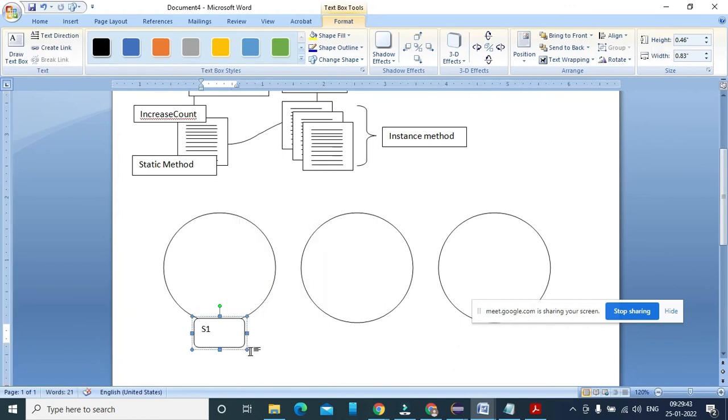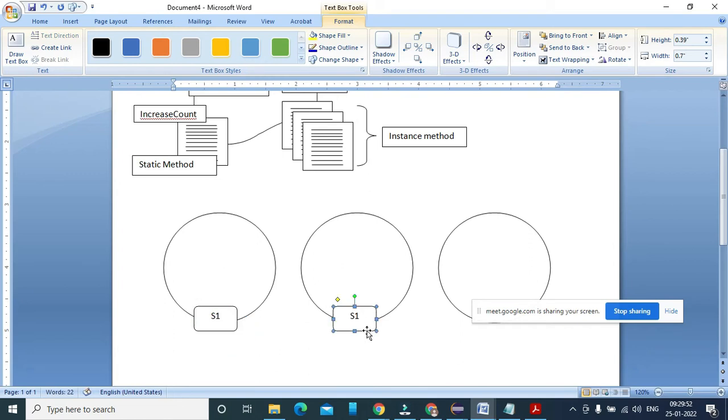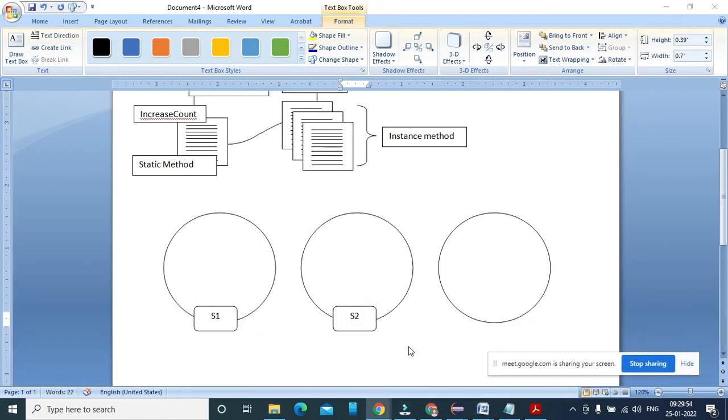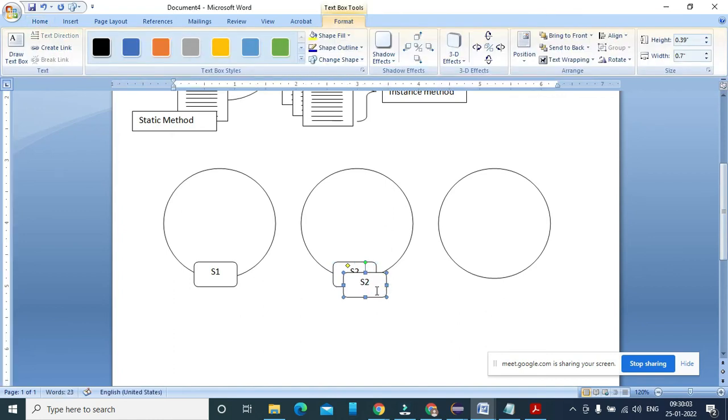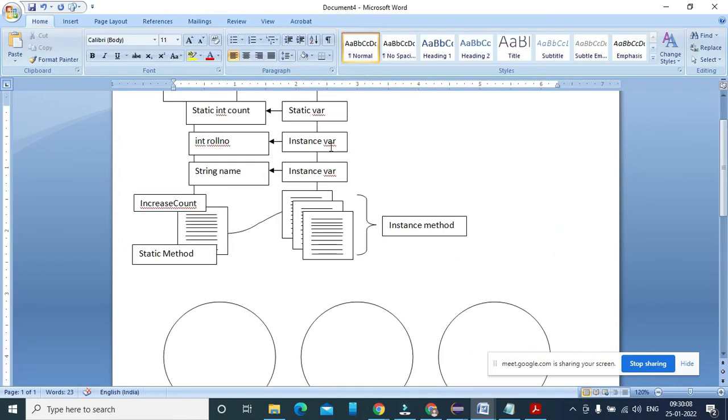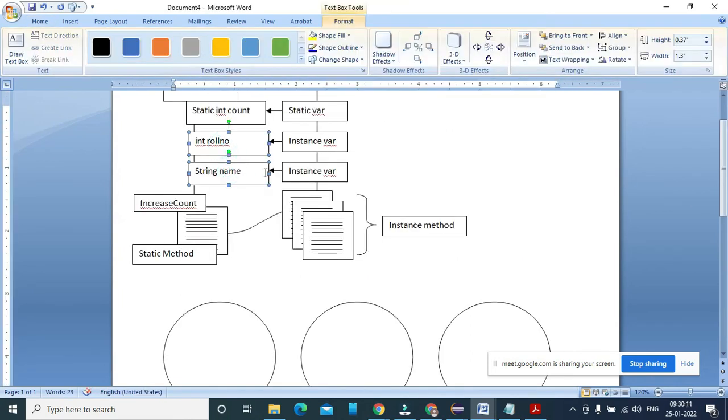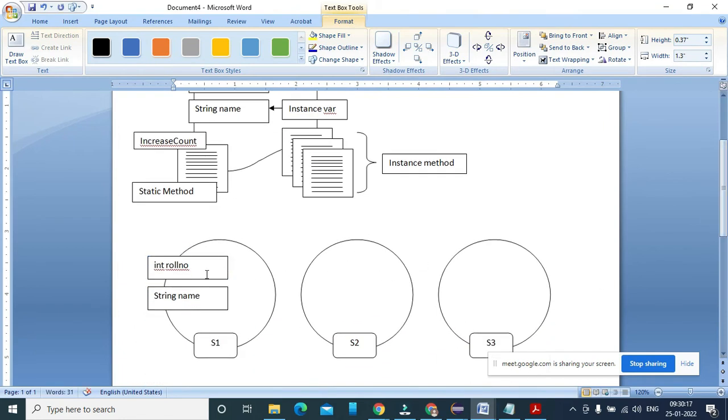So there is an instance variable, meaning each copy of the variable is created here. हर एक का एक कॉपी बन जाएगा S1, S2 and S3 here. So when we are talking about the instance variable, each copy is created separately for each object.